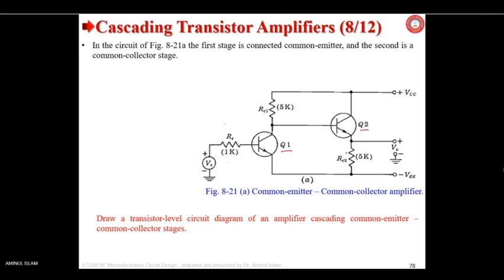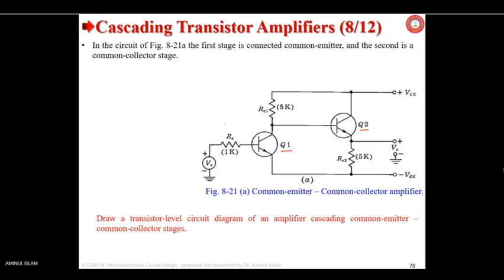Tell somebody. Harsh Tripathi, are you there? Yes, sir. So how can you say that someone is common collector, someone is common emitter? In this configuration, what do you see that tells you it is a common collector, it is a common emitter? Can you tell? Sir, in common collector configuration, the load resistor is connected to the emitter side.